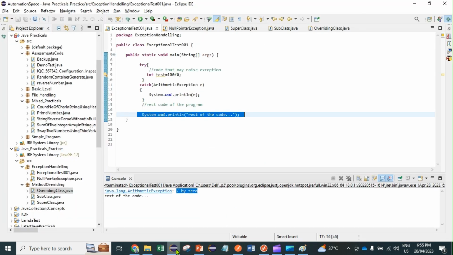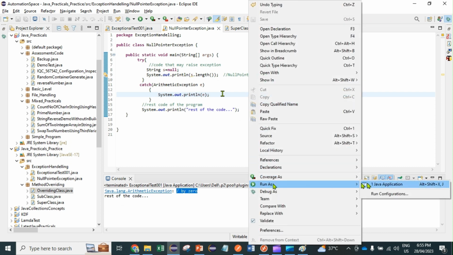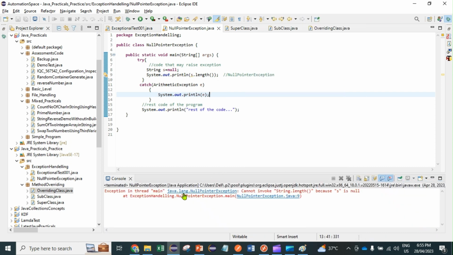For example, let's suppose this is one of the examples. Initially the string, like a base URL or any string, I have defined as null, and I'm not going to print it, I just want to find the length of that particular string. But as it is null, that means no value is assigned to it. So if I run this code, it will give me the error java null pointer exception, string length, because it is null.